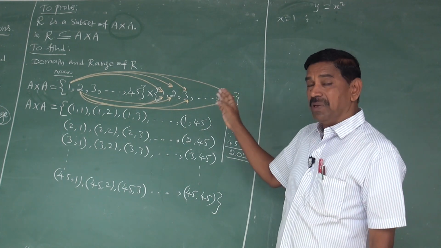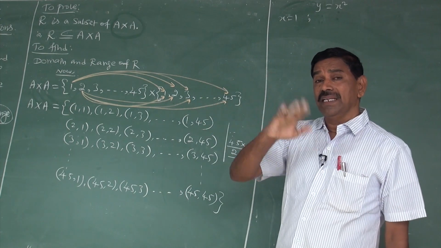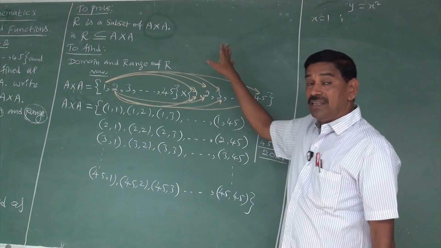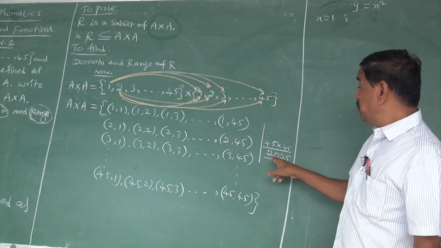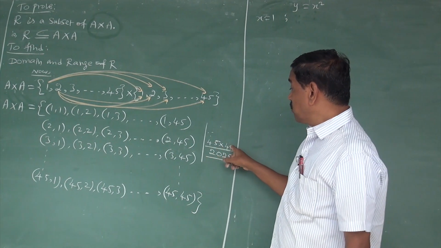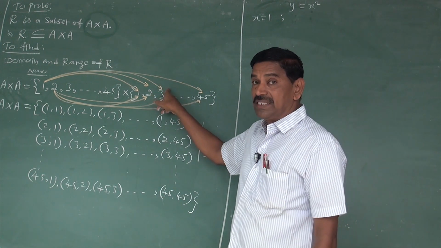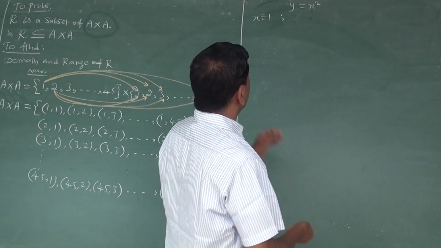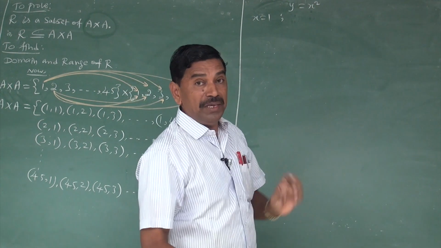So not possible. Similarly, 9 square equal to 81 not possible, 10 square equal to 100 not possible, etc. 44 square is equal to some answer is not possible, etc. 45 square is equal to 2025 is not possible because it does not belong to the given set A. So now by trial and error method we want to try, but under the condition the answer should belong to A set. So that is very important.